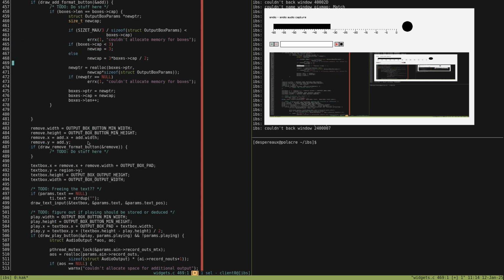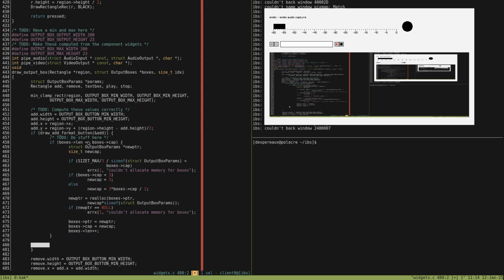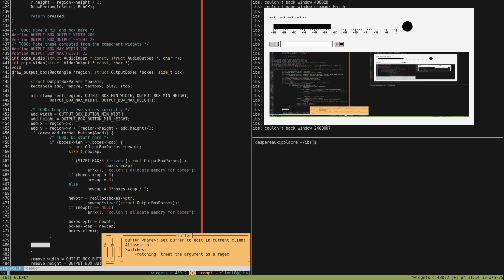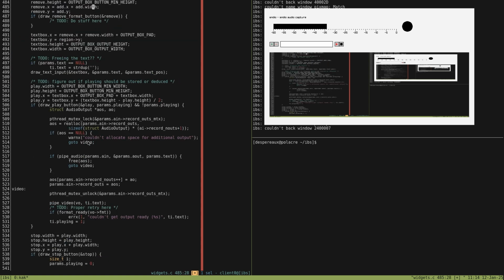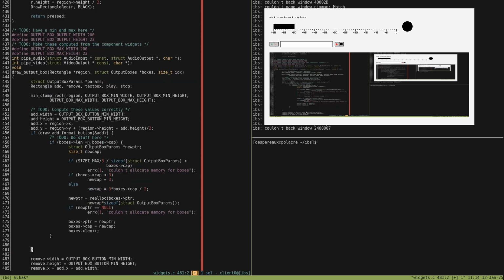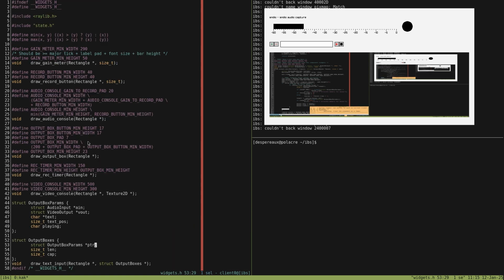When I remove them, I probably want to do a rearrange on them, so I probably want to store pointers, not... What do I do here? I put it at the end. Yeah, I just put it at the end. It'd be wasteful of memory not to recompact them. It's also wasteful of memory to store a whole ass pointer. Fine, we'll store a whole ass pointer.